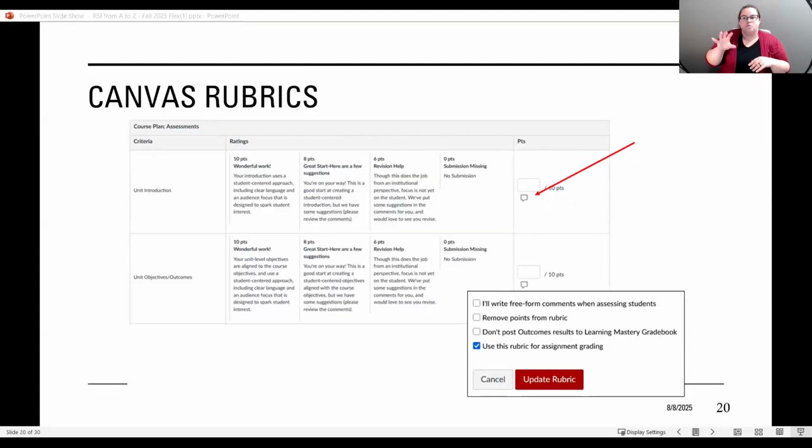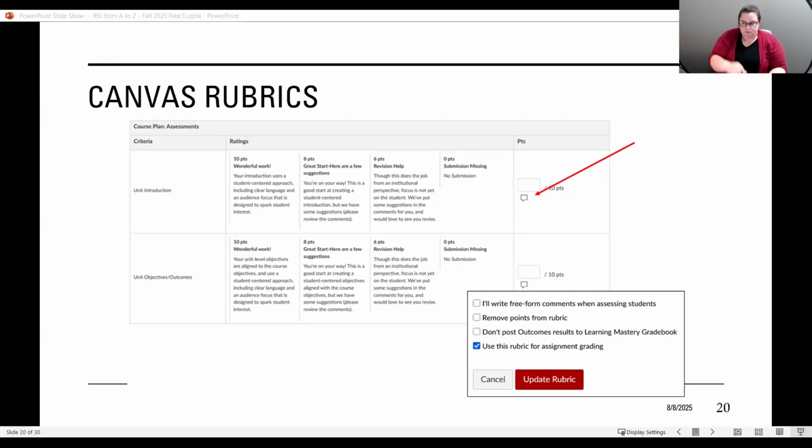Canvas rubrics. If you utilize rubrics for your assignments or your discussions, the evaluators are able to see these as well. Rubrics in general are a good tool to help identify what your expectations are in the student's submission and in their coursework. When you are using a rubric, if a student is missing something, you can add additional feedback to explain why the student did not receive the full rating. Again, when you're using rubrics, there's the little comment box where you can give them that personalized feedback.